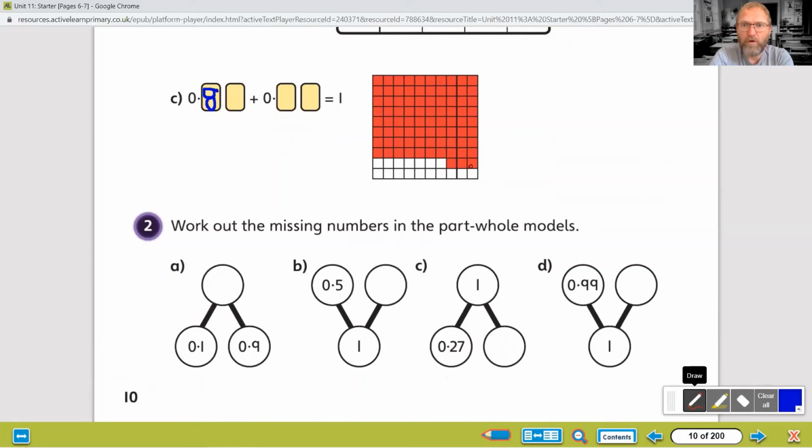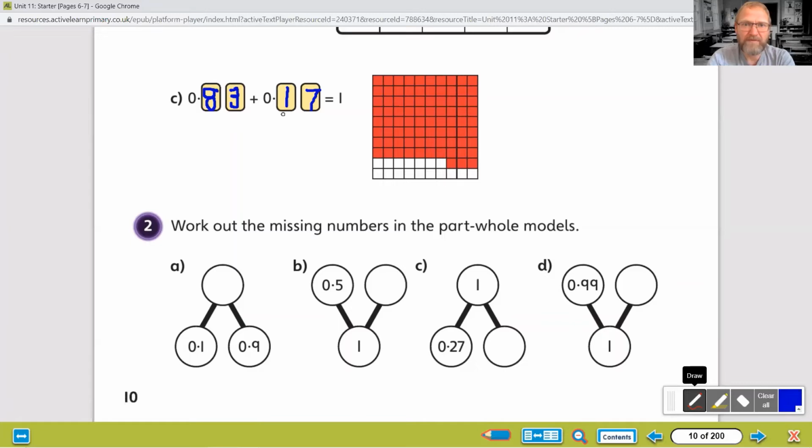And we've got 1, 2, 3 hundredths. And we're going to add that to 1 tenth. And 1, 2, 3, 4, 5, 6, 7 hundredths. Now, if we look at our related facts here,